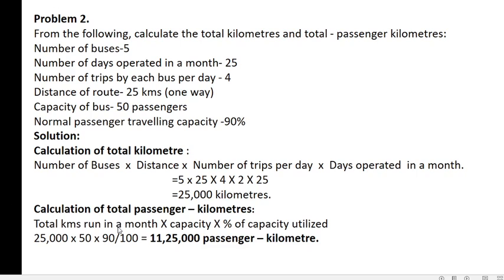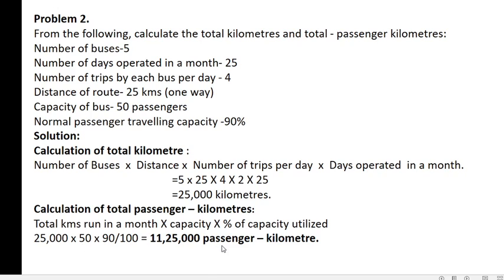Total kilometers run in a month into capacity into percentage of capacity utilized. Total kilometers run, we have calculated already, that is 25,000 kilometers into capacity of the buses. Capacity of the buses 50 into normal traveling capacity 90 by 100. So the total passenger kilometer is 11,25,000